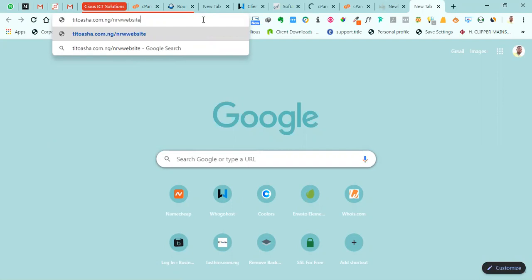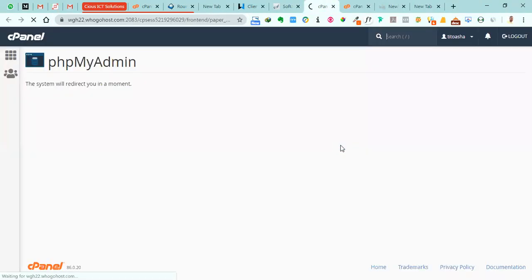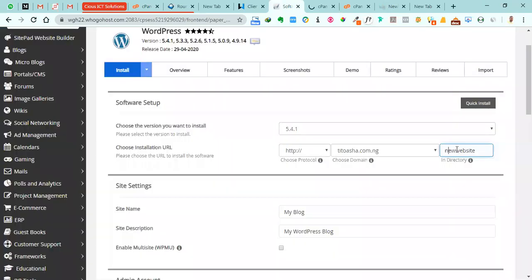So new website. I just go back, ensure it's new website, and that will take me to that installation of WordPress that I have there. But in this instance, I want to install WordPress on the main directory of this